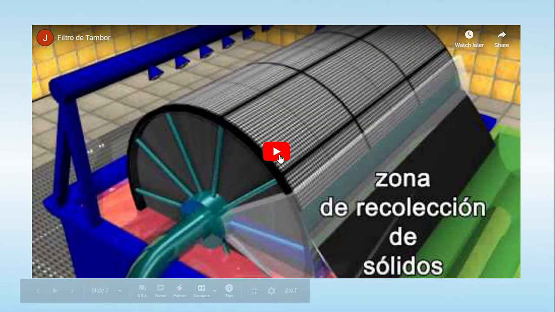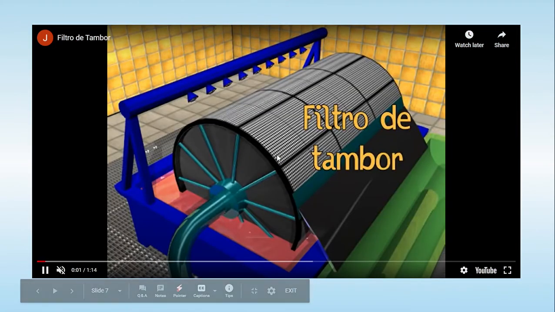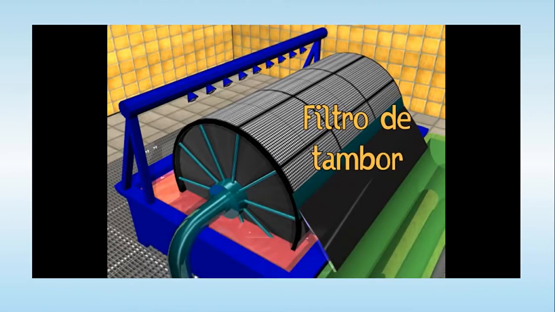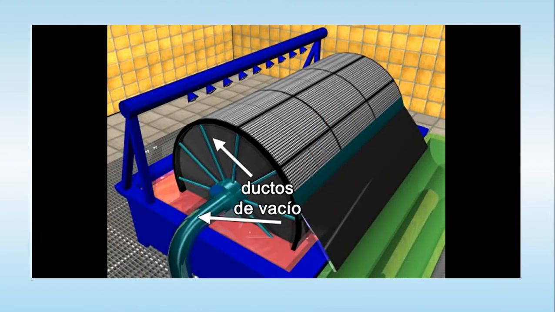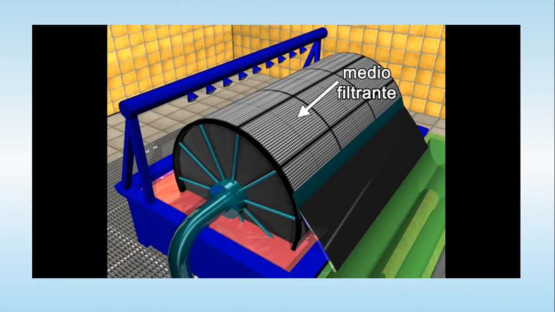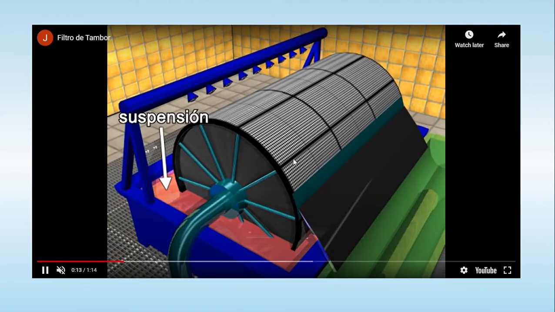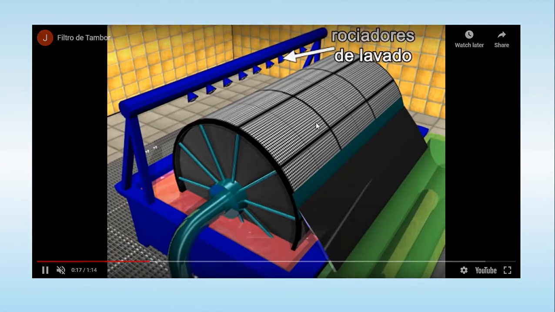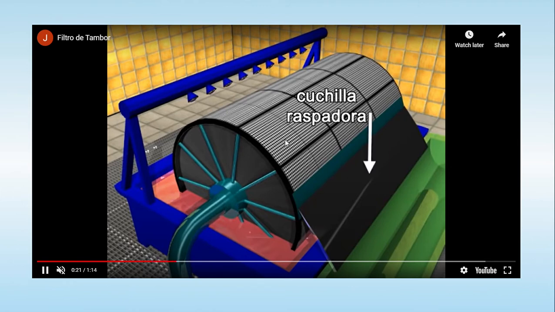Now let's try to understand the same thing through another animation video. In this animation video, we can say that this one is much more clear because it is a small one. So there is the filter medium, the suspension is present there, and the top will be there. This one, the checks one, is the filter medium.